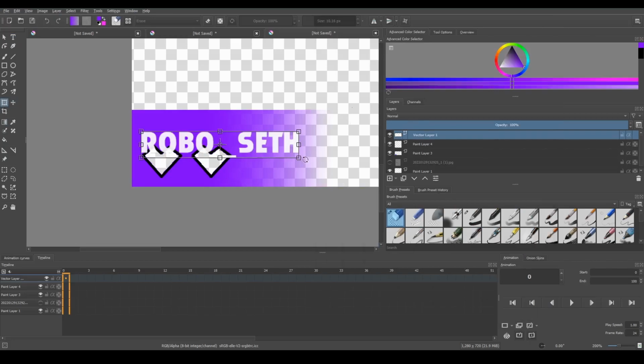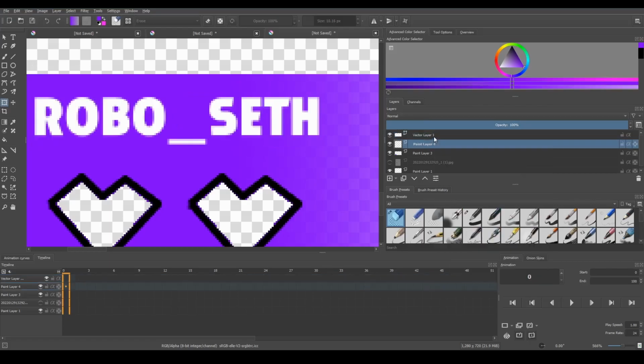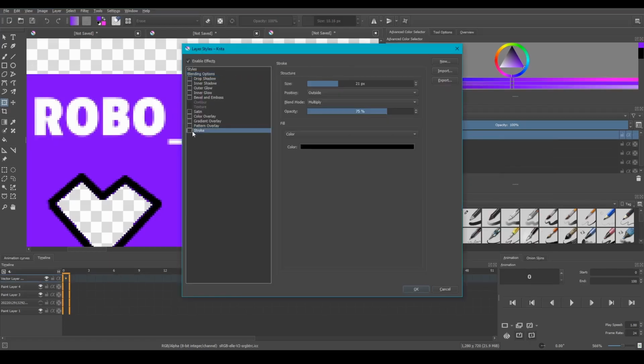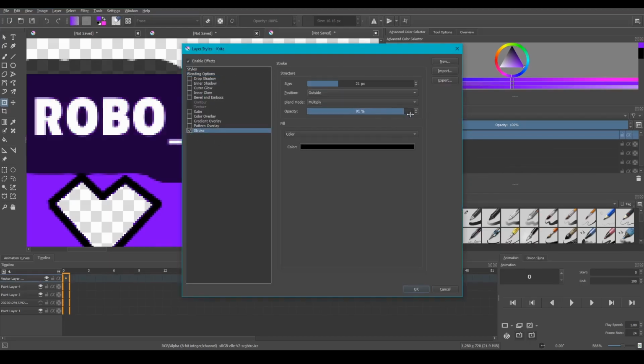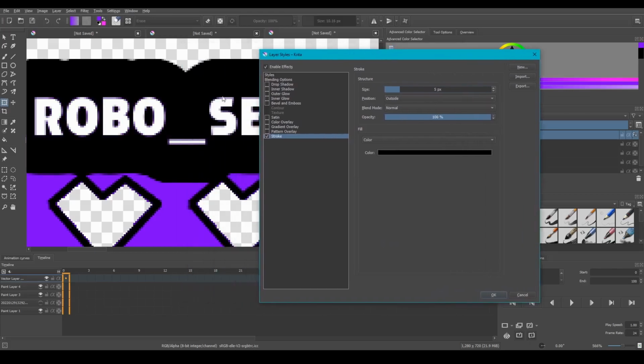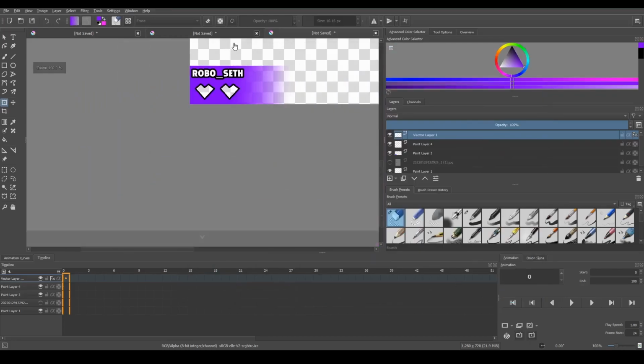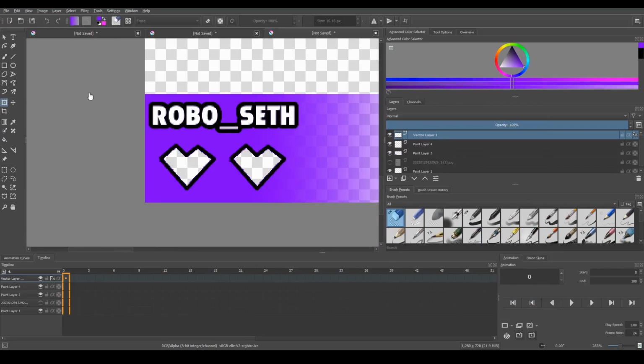We're going to make it slightly smaller up here. Obviously, we can add other stuff to it if you really want to. We might slightly tilt it so it's with the top of this thing. We could also fade out the top. We might do something with the top here, but for now that's fine. We could also go to layer style, go to stroke. We'll turn that on. We're going to turn the opacity up to match. We're going to go to normal, and we're just going to lower the size slightly. So now he has a slight outline on his name,